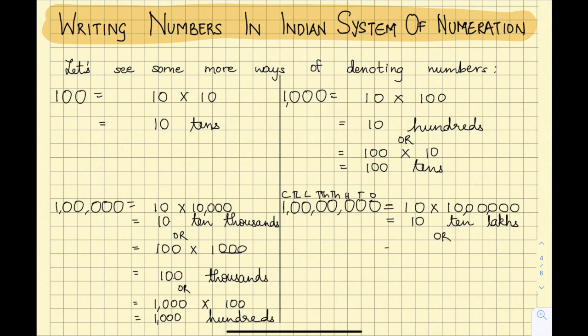Or we can show it as, I add one more zero here, so 100 multiplied here, 2 zeros, so now it will be 5 zeros there. So it is 100 lakhs. Or we can write it as 1000, so your 3 zeros are there, so I will write here 4 zeros. So it is 1000, 10 thousands and so on. So these are the other styles or ways of denoting numbers. I hope you all have understood.